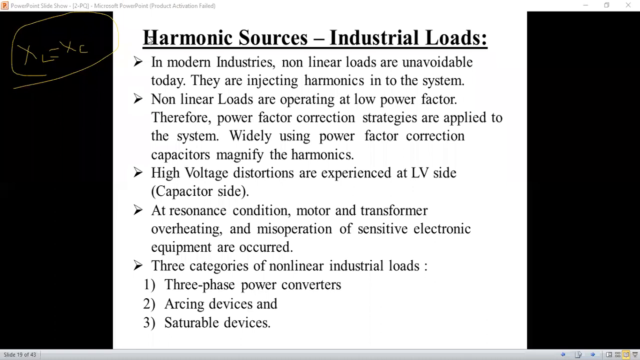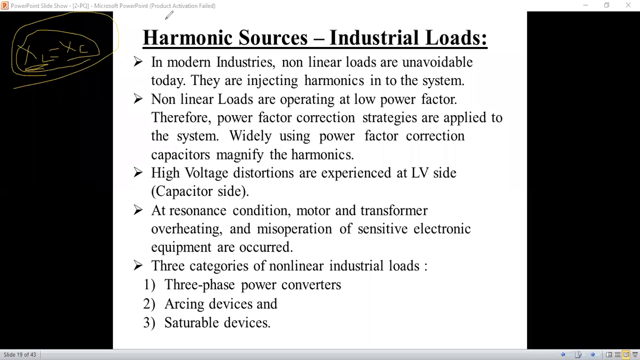So at resonance condition, resonance is nothing but when the inductive reactance is equal to the capacitive reactance. By considering this, XL equals what? Can anyone tell that one? XL equals